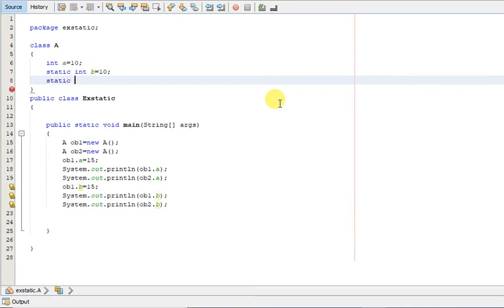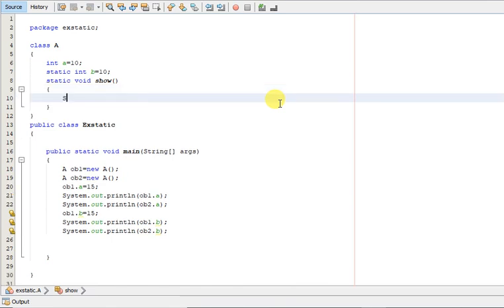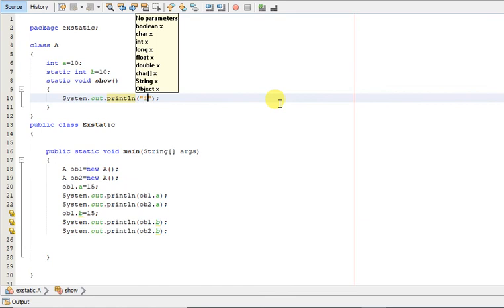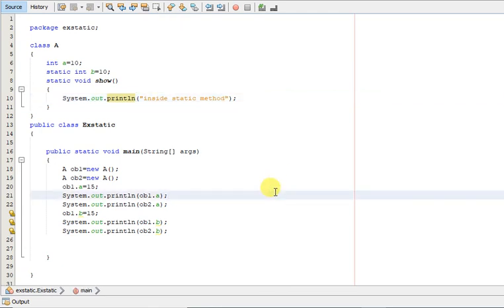Let us see one static method, static void show. System.out.println("inside static method"). As I have already told you, static members, whether a variable or a method, are class members, and they do not belong to a particular object.